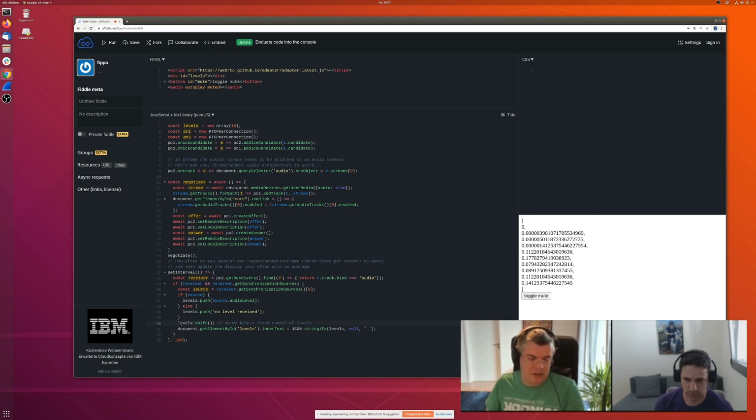And then we make sure we only have a backlog of 10 audio levels, which we can do things like average on or whatever you want. And then we update our display element. You can see that here on the right, it's just running through the numbers here. Yep, and this is me speaking to you somehow, and the numbers don't make sense, but this is how you do it. Okay. And we can, for example, toggle the mute button,